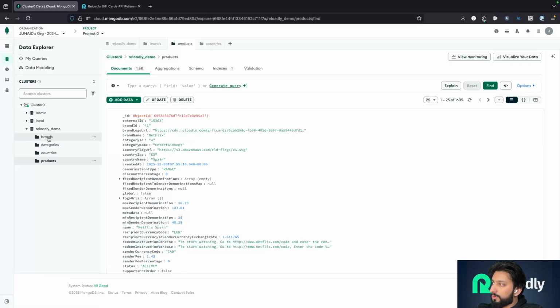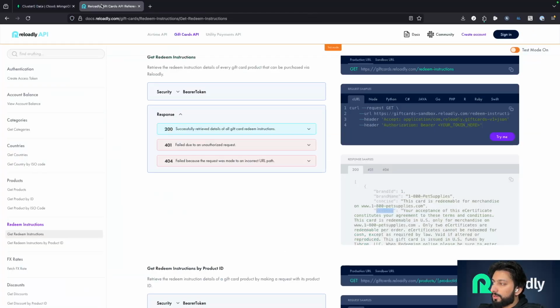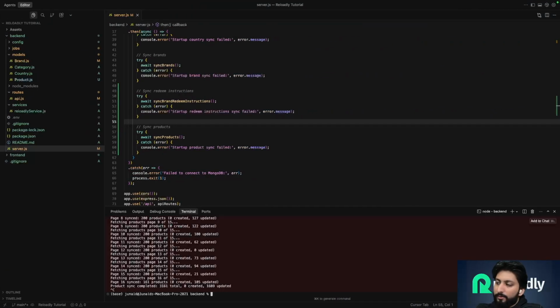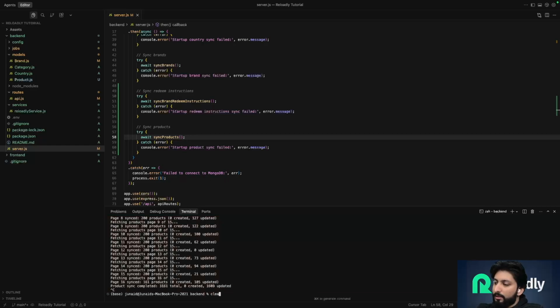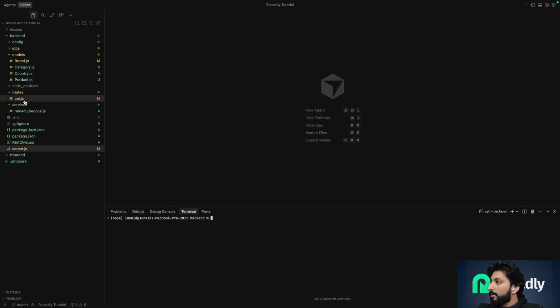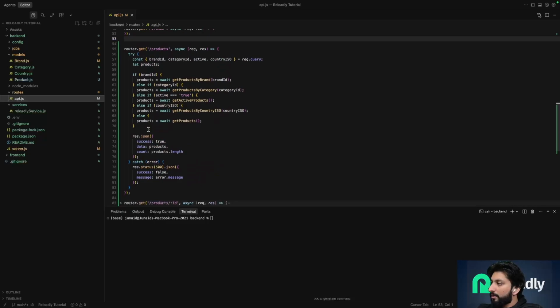The last one I'm going to show you via the API. So directly we'll create an endpoint for a particular product. That endpoint will take the product ID and it will use the Reloadly API on the go and fetch the latest redeem instructions. So let's do that one now. I'm going to close the project. Let's clear this. And I'm going to create a new API endpoint. I will call it